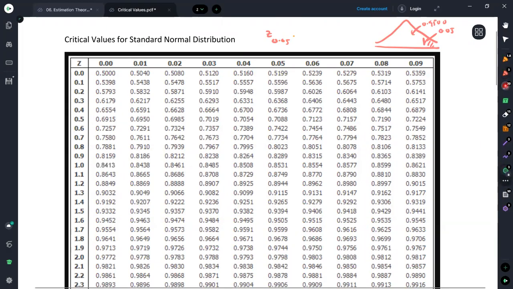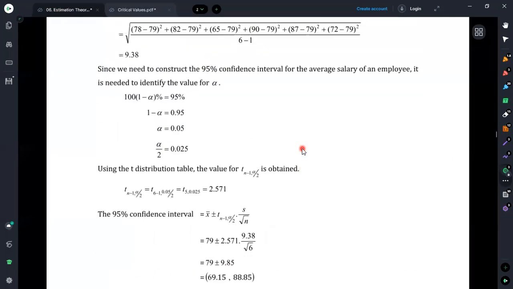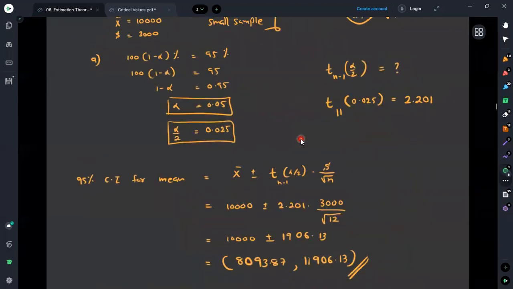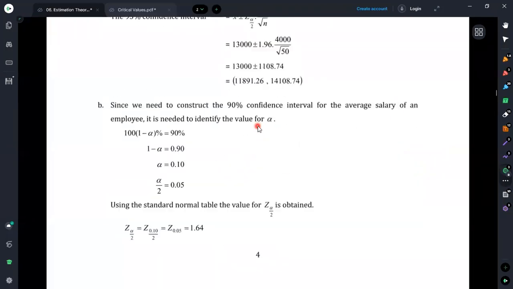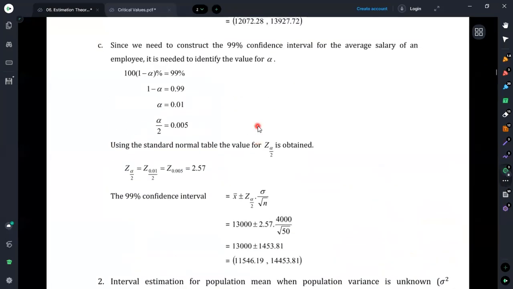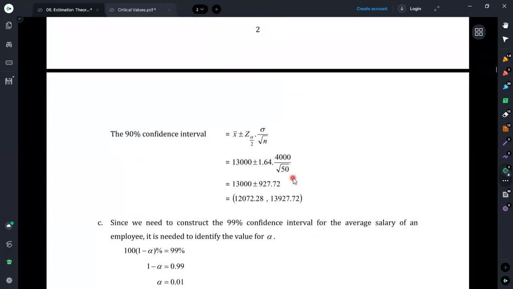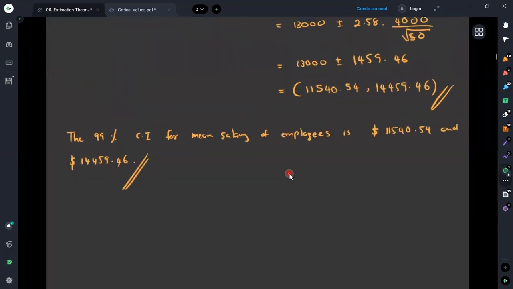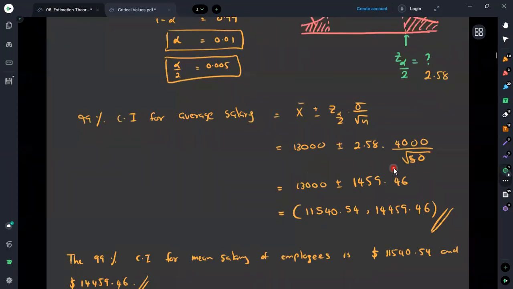9500, we can find the value. Always we are using the probability accurate to 4 decimal places. Then we can have this as one of these values. If you check with the previous calculations, if we go back, we'll stick to the same value. We can use 1.64 or 1.65. It is quite okay.